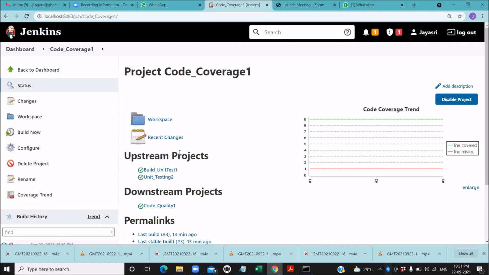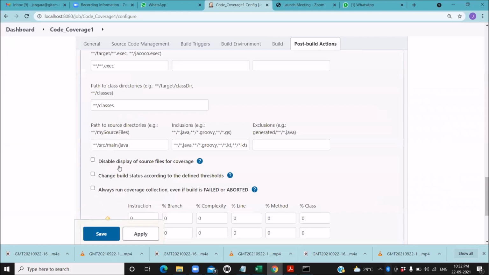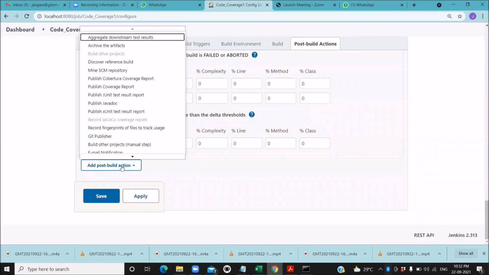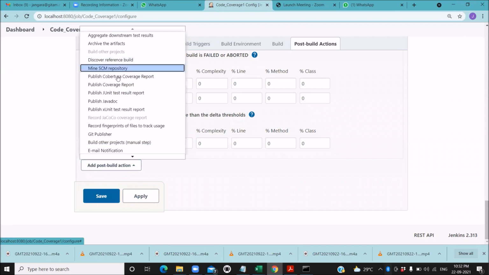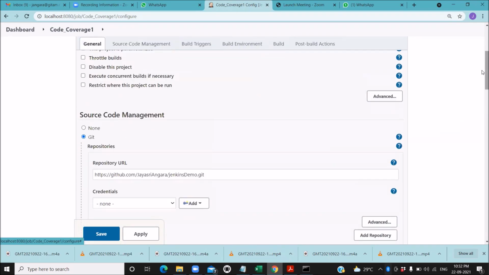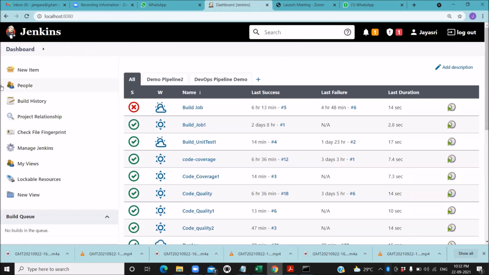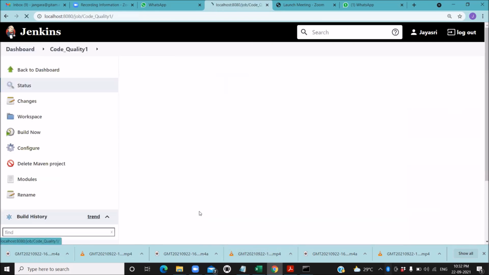This is the terminology that we use. So now for code coverage, we are clicking the configure button and coming down to add post build action. Yeah, we already added the post build project as code quality. So that is the reason it is showing downstream as well. Now let us go to code quality. Click on code quality.